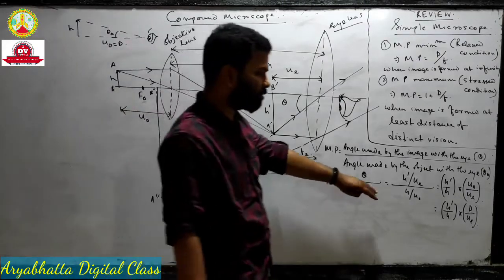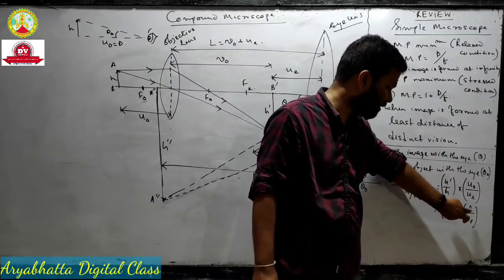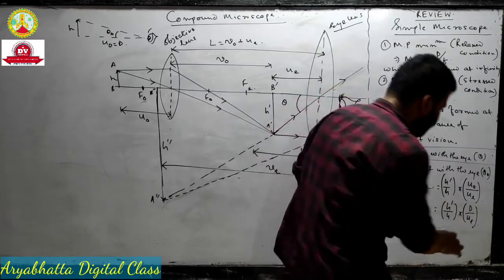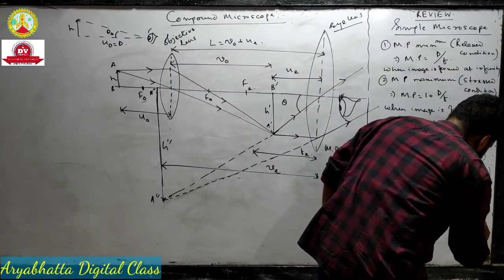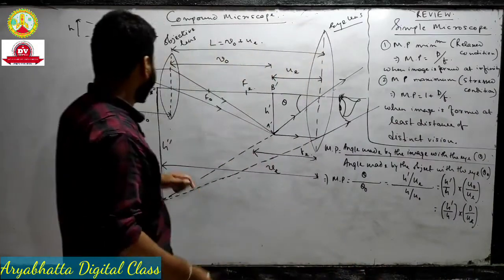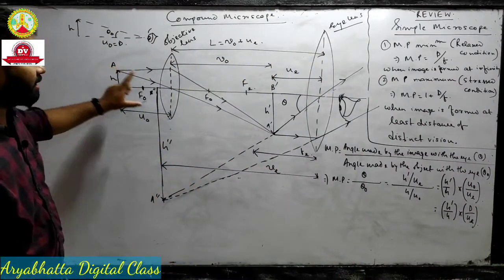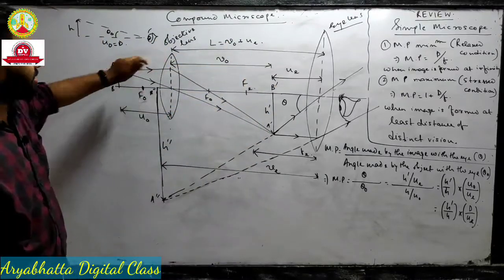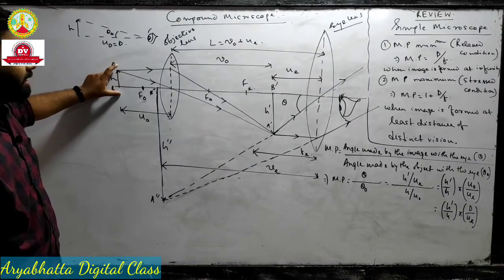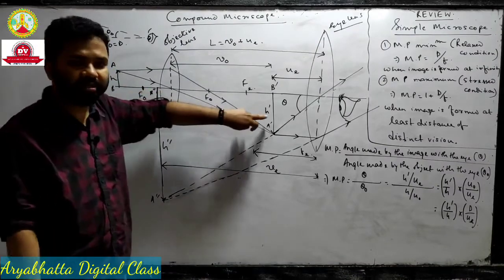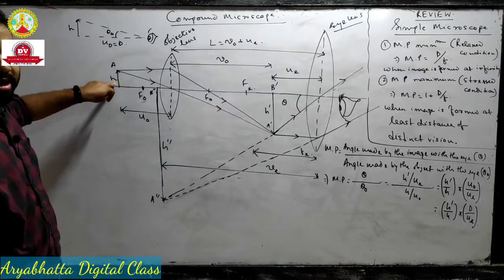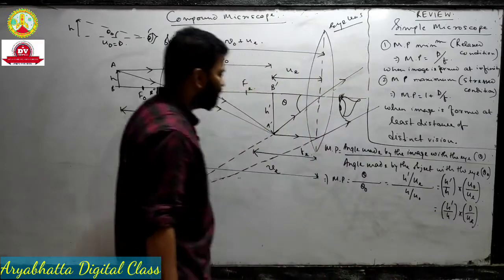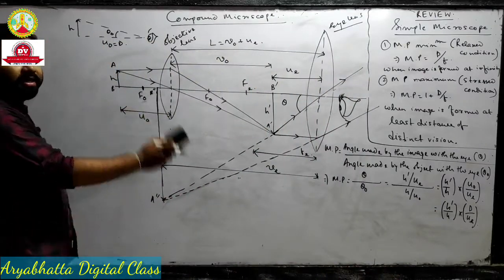In case of simple microscope, what is the common formula for magnification or magnifying power? D divided by ue. That is the same method. Okay, so d divided by ue. Acha, now you look at the diagram. This is the object height and this is the image height. You simply consider the first lens, that is objective lens. So for the objective lens, magnification is what? Size of the image, that is h dash, divided by size of the object, that is h. So h dash by h is nothing but magnification produced by objective lens.